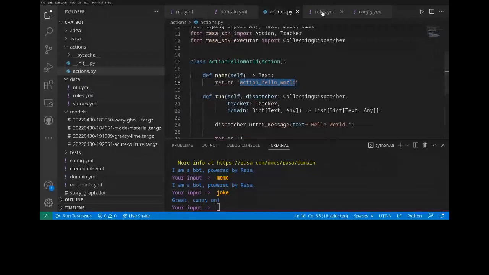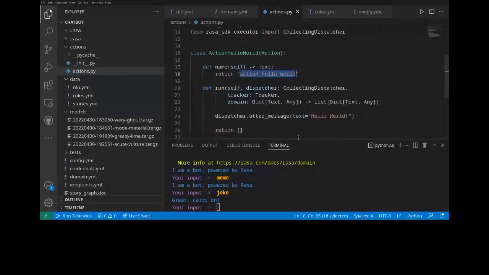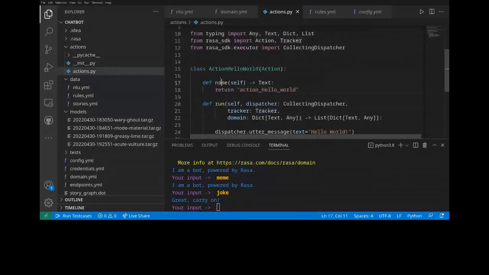Now let's get started and change this action to something which we are going to do. In rules, we told it, okay, do utter_iam_bot, but we don't have to do that, right? We have to show something called an action. So let's come here. First of all, let's change the class name. No need to think about how classes work and all that. We will not cover that in this. But in simple terms, you can think of a class as just a place where we are going to define all the functions, where the name is what is going to be used everywhere.